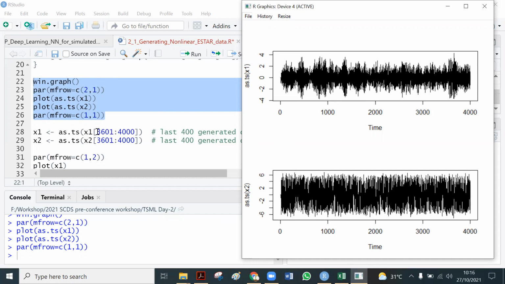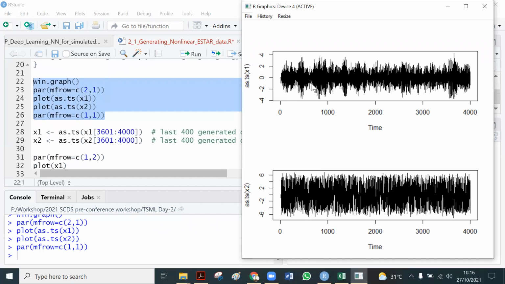Why? If we learn about simulation technique, the early generated data, which is here, is influenced by the initial value or the seed.